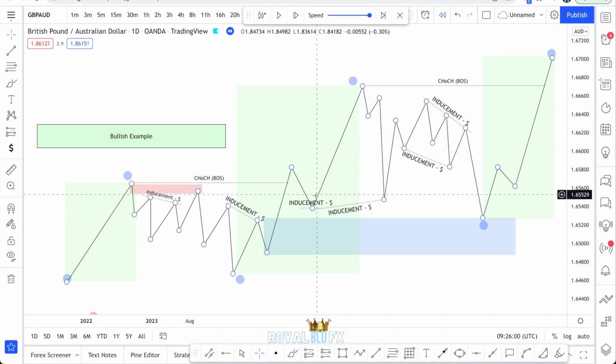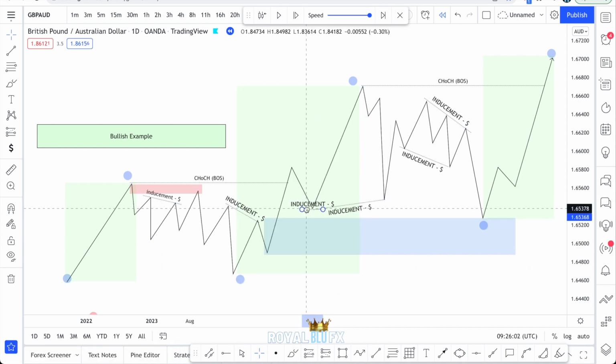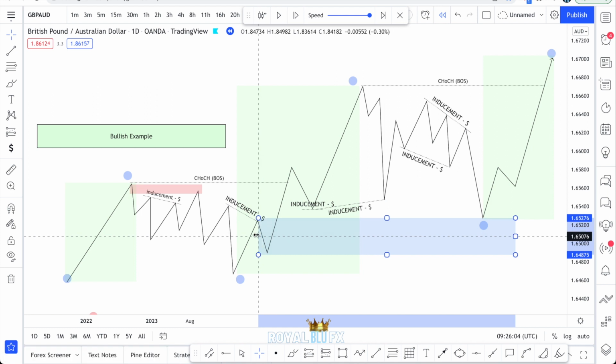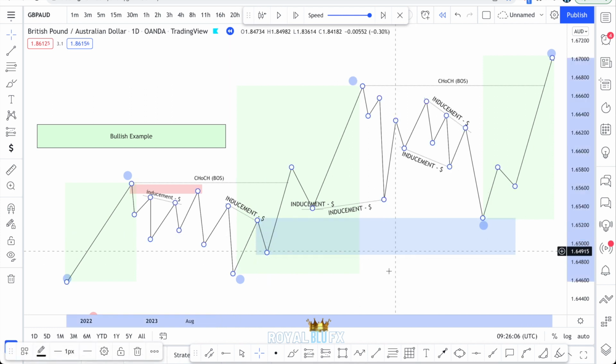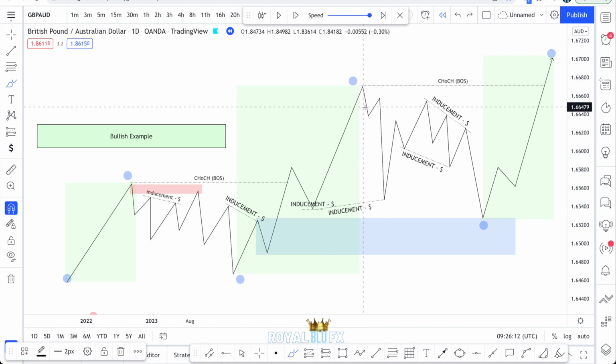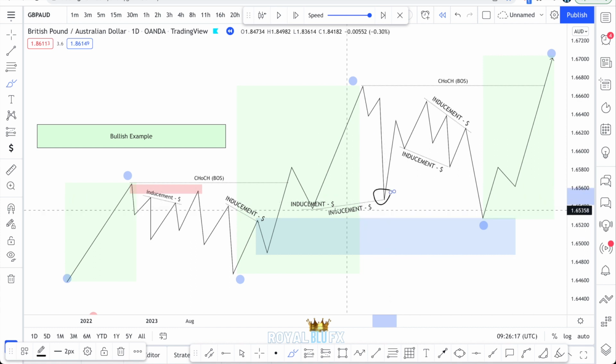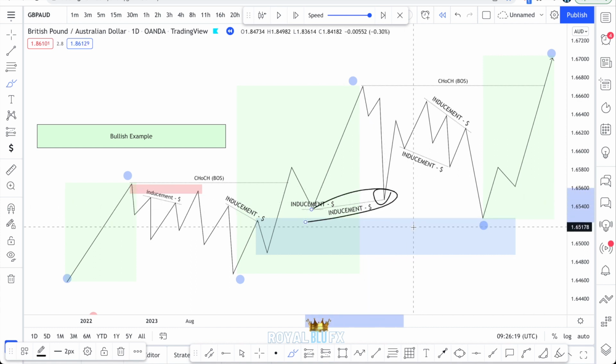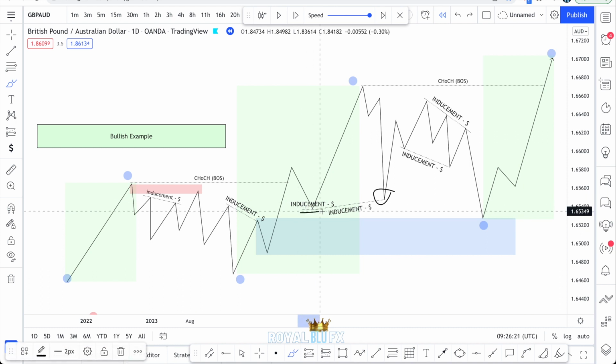Now, why is that inducement? Well, because prices never touched our area of demand. Right here, where this blue demand zone is, right? It never touched it. So prices shot up. And once the price shot up, price came down, you have retail traders interested in buying here because why? There's double bottoms now forming. So now, this is inducement,